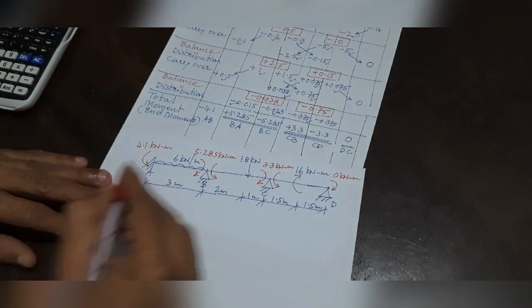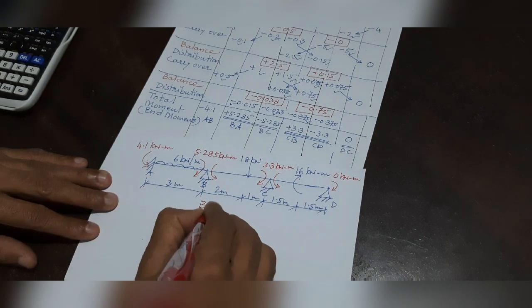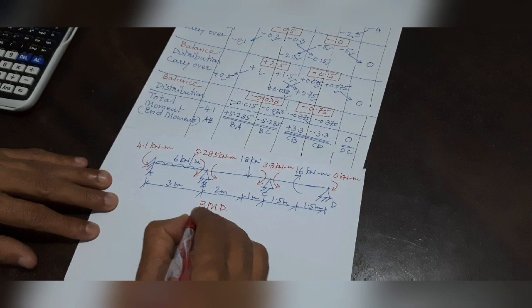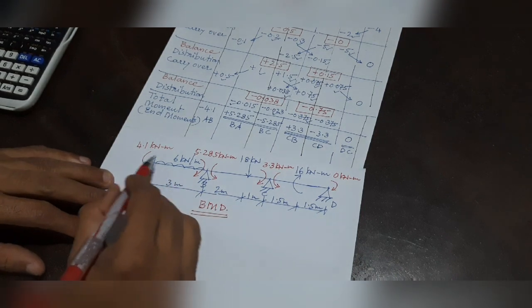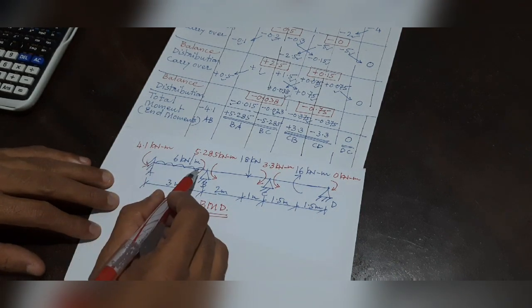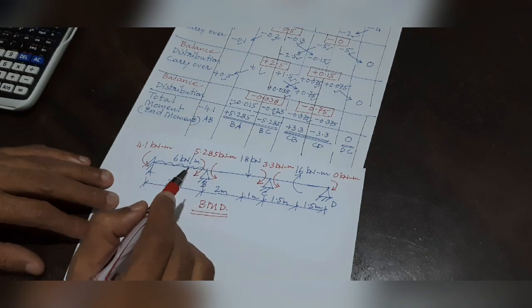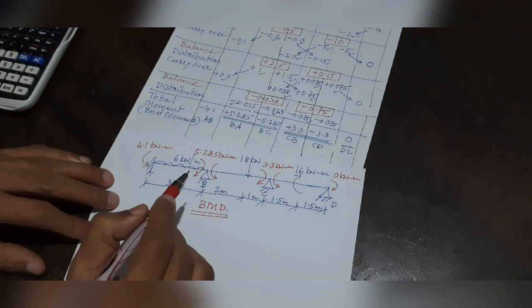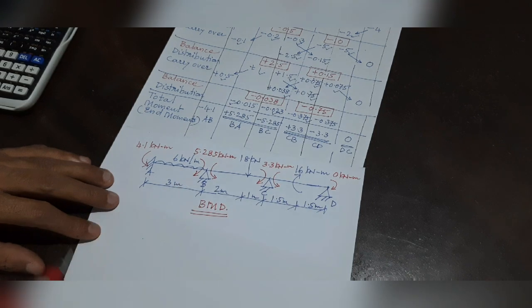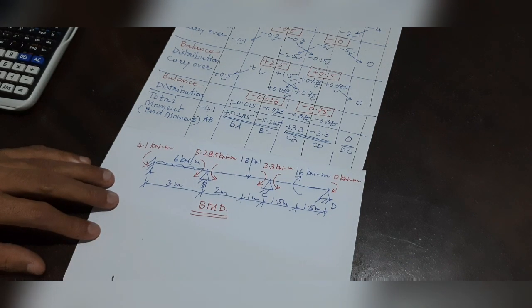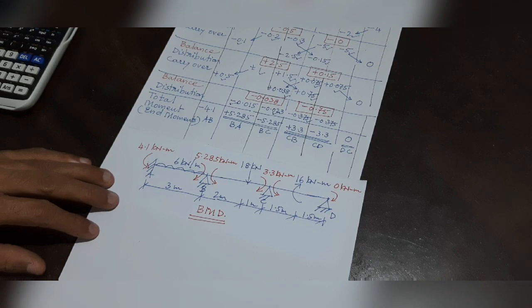So can we not plot the bending moment diagram of it? Yes, we can plot the bending moment diagram. We have seen there are two methods. One is overlapping the end moments with the simply supported moments, and the second method is drawing the bending moment diagram on the tension side. I have introduced both the methods to you in the previous semester, so we can plot the bending moment diagram for this same. So I hope you have understood this particular method.